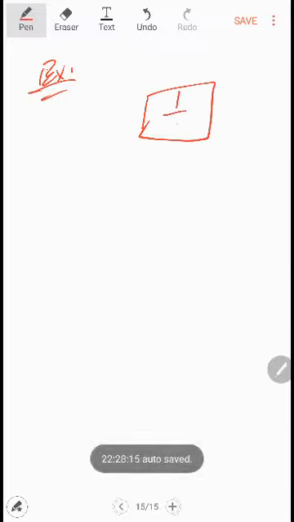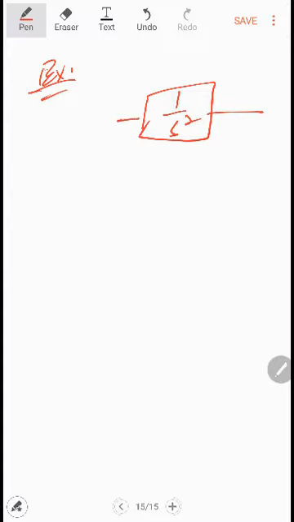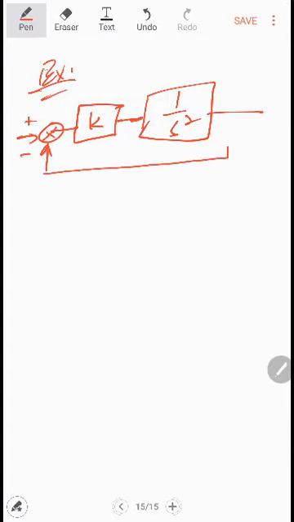So we have the transfer function of the system, which is equal to 1 over s squared. Why do we consider 1 over s squared? Because we want to start with something which is not stable. So we started with the marginally stable system over here, and then we have the gain of the system, and then we have the comparator, plus and minus. This is a negative feedback system, and at the output we have the control signal.